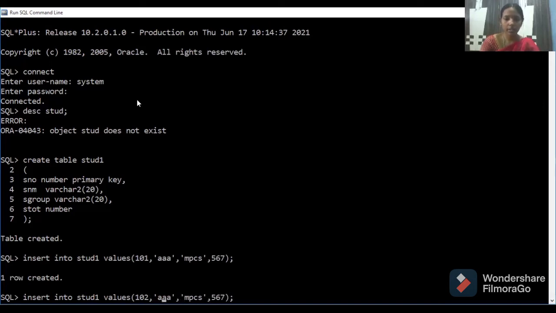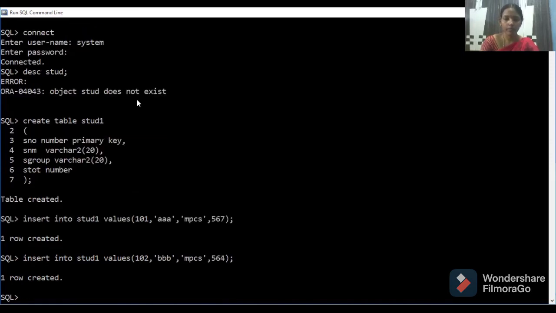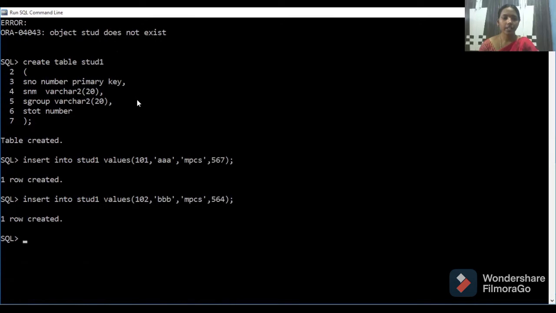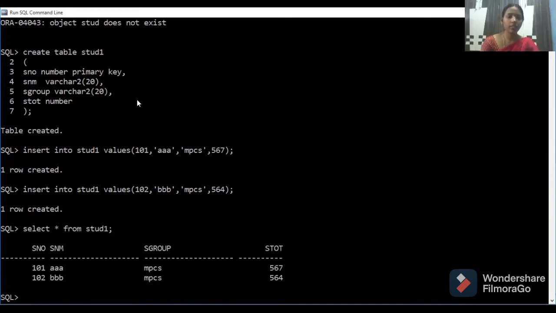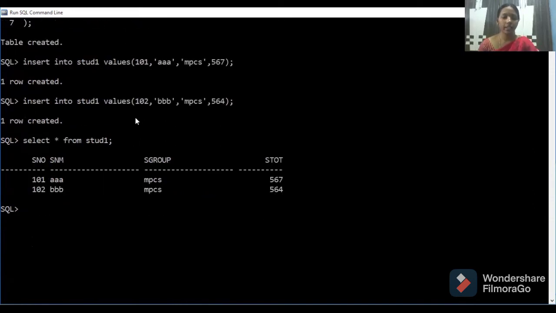I'm taking 102, some name, and some marks. Okay, so we created a student table with 2 rows. Select star from student 1.